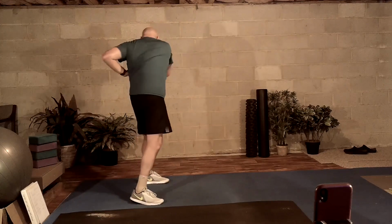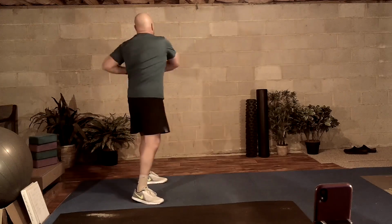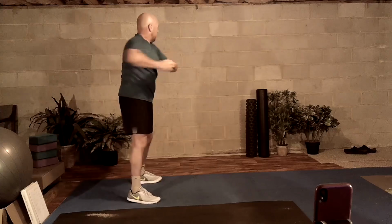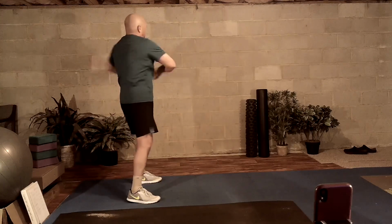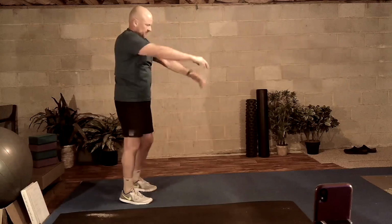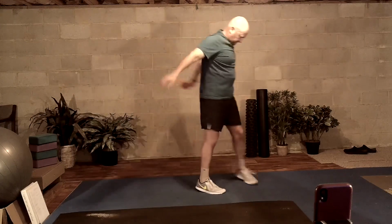One, 2, 3, 4, 5, pow. Try to get at least one more in. Try to end on that opposite leg that you started on. Wind it down